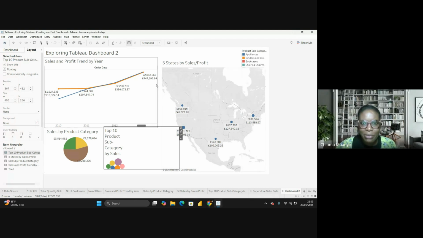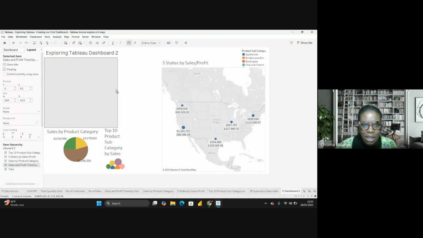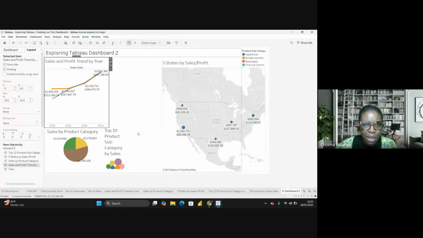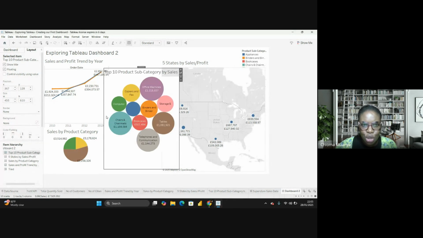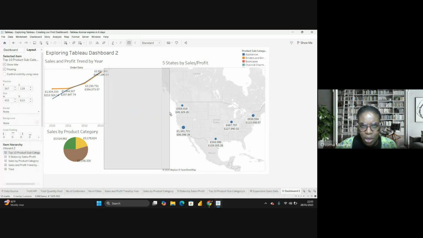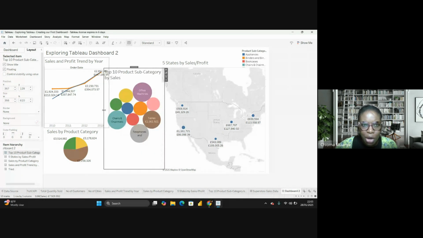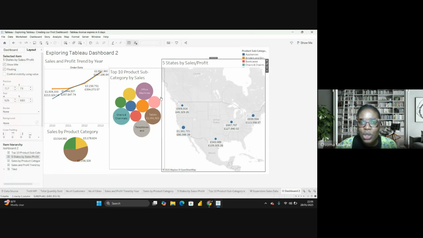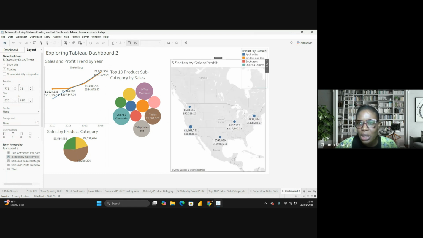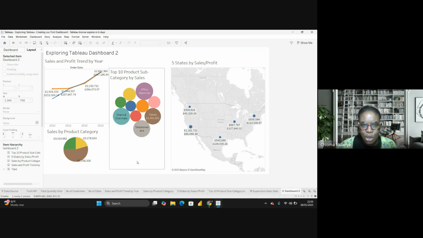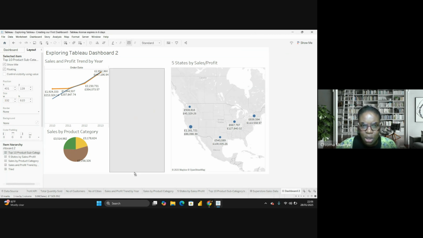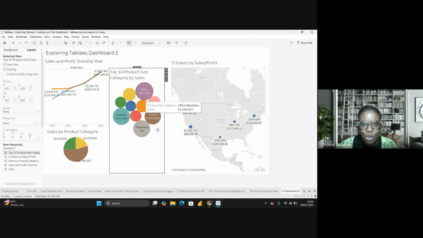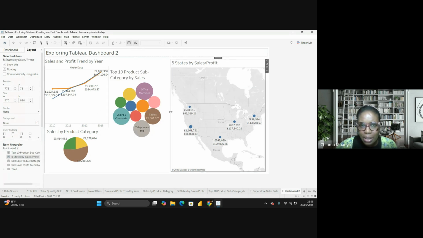Now, because this is quite a very big chart, it needs space so it can show. So I have to resize it and fit it. But I know you already know that before you start making your dashboard, you need to sketch. You need to sketch that. I don't need this here. So you need to sketch your dashboard so you know how it's going to be. So you have a design, so you don't just keep working blindly.